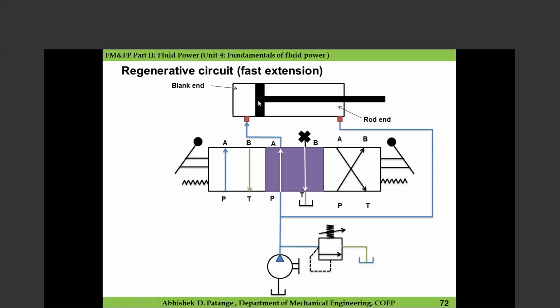If the pressure is the same and there is a change in the cross-sectional area, obviously there is a change in the force. So here we have greater area and here we have less area with constant pressure. Equal pressure is acting from this side and this side, but we have more area here and less area here. Since we have more area here and the same pressure, the cylinder force exerted from this side will be larger, and that will move this piston toward the right hand side.